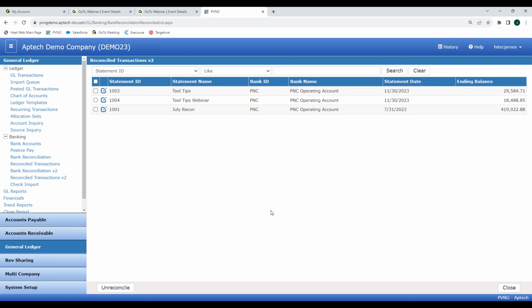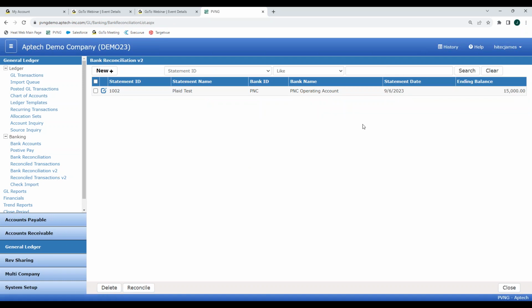There are a couple of other tools out there with this process that help to automate that a little bit. Like I said, what I just showed you comes with the package. That's the full bank reconciliation module that you have at your fingertips today. But if you did want to take it a step further, and it's something that might make sense for the organization, we do have the ability